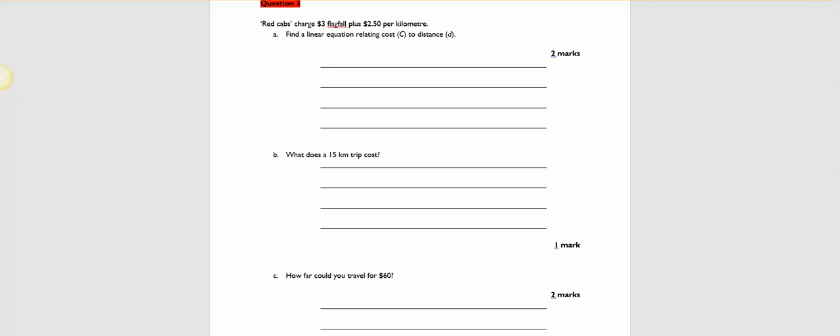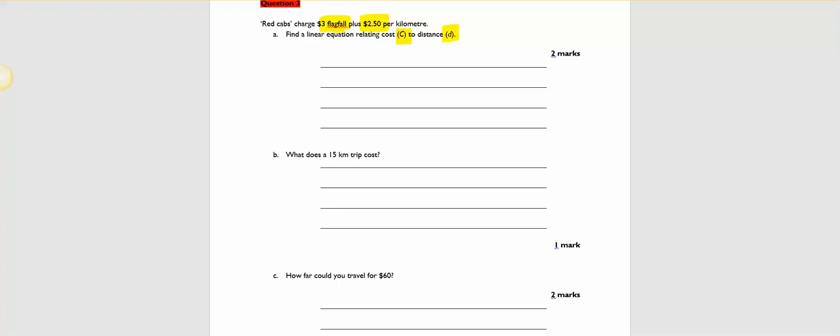So in question 3, it says that Red Cabs charges a $3 flagfall and $2.50 per kilometre. We need to find a linear equation relating the cost C and the distance D. So we want to know how much it's going to cost us to travel in this taxi or cab. The $3 flagfall is another word for what it costs you to get in the cab, just automatic. Doesn't matter how far you go, it's just going to cost you $3, and then it's going to cost you